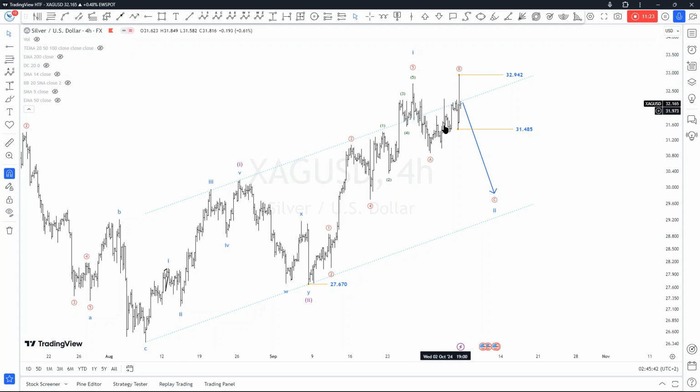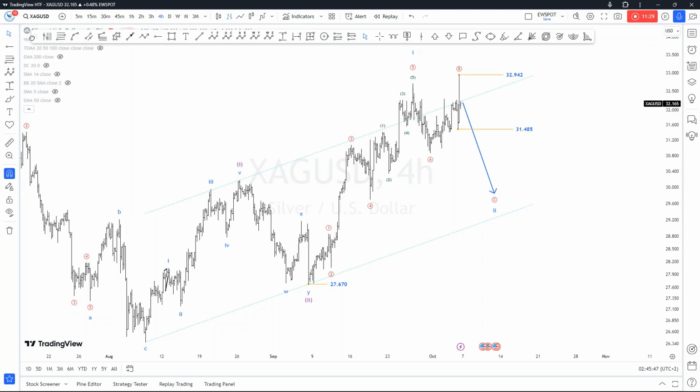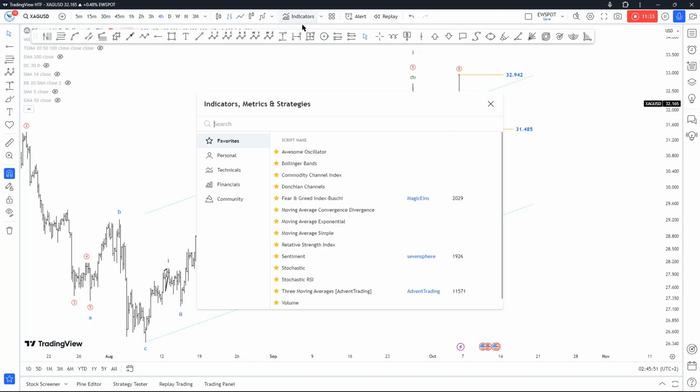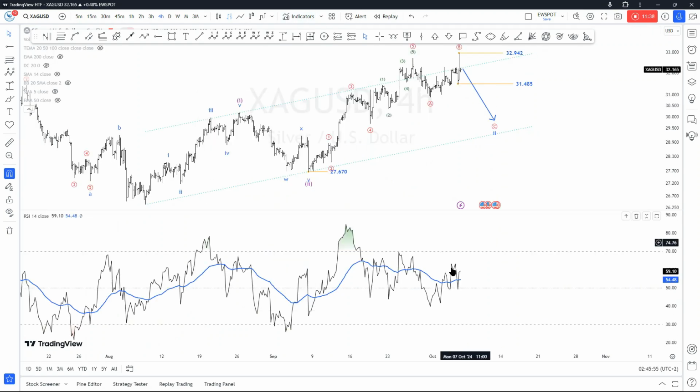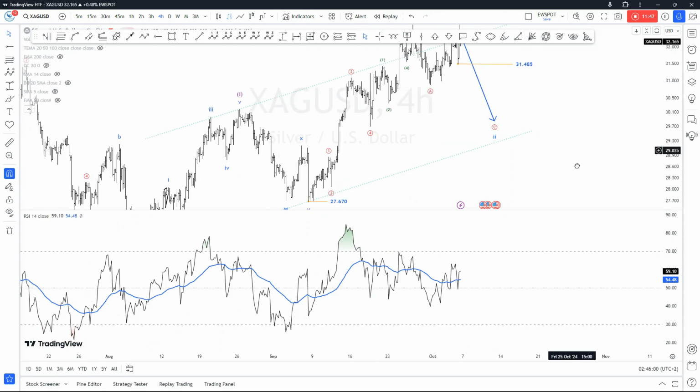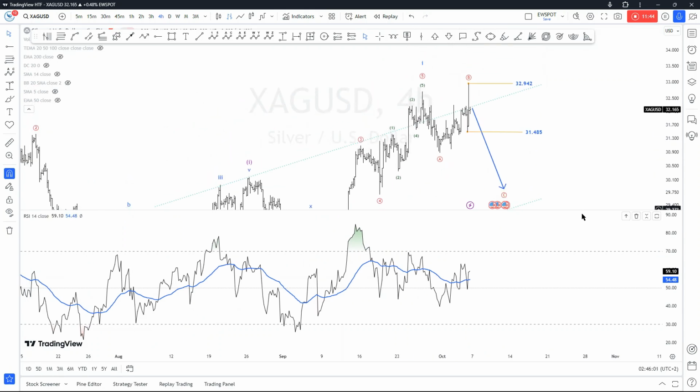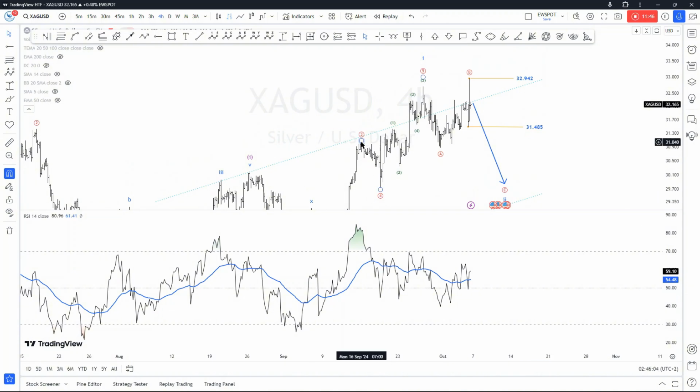Why do I believe this is a flat instead of an expanding diagonal wave 1 to the further upside? First of all, the DXY is still in a rally. Second of all, what you will find is that on the RSI, we have been creating lower lows, while here on the market, we have been creating higher highs. So what do I mean by that? This is, of course, the third of a third within this impulsive decline. So that's when we saw momentum peak,